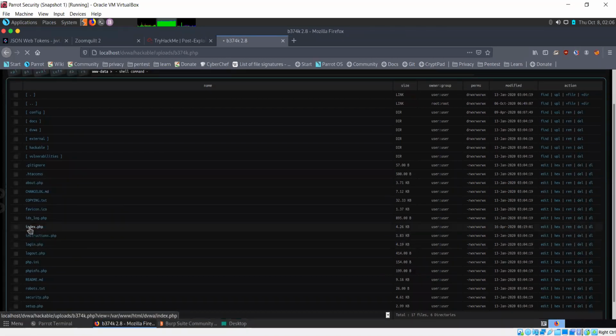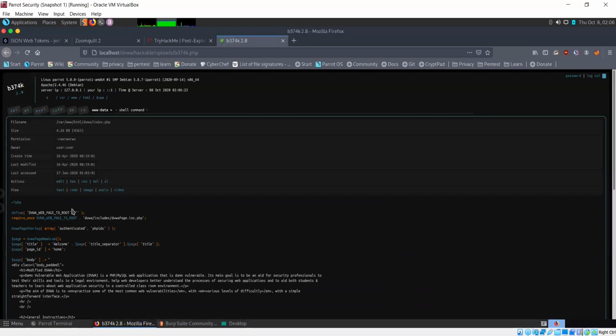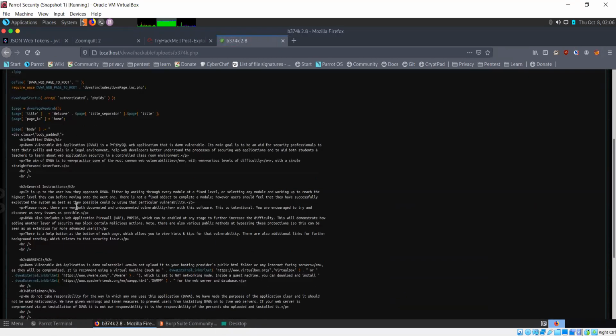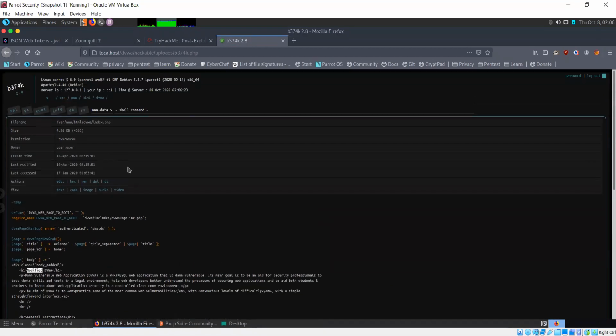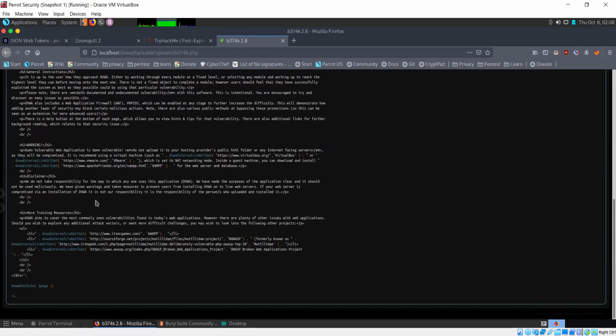If I go to the index.php page, this is the text that appears. I can simply change the heading if I want. So currently it says modified dvwa because I changed it in a previous session. I need to enable editing.